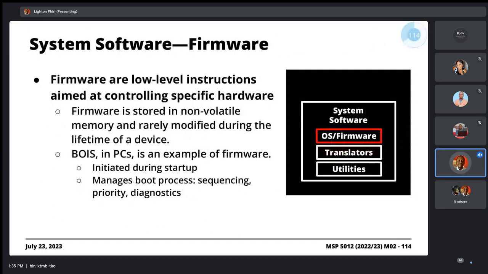And then you have so-called firmware. Firmware will be there to support maybe the server computer system. What's important here is that your firmware is designed in such a way that it rarely changes. It sits in a particular slot in memory called non-volatile memory.